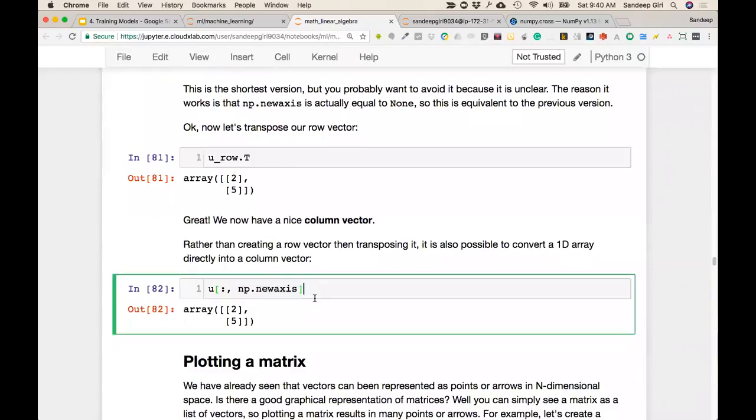So instead of first converting a vector into a matrix and then transposing, if you want to do both the things together, we could use this kind of a format. Okay, now